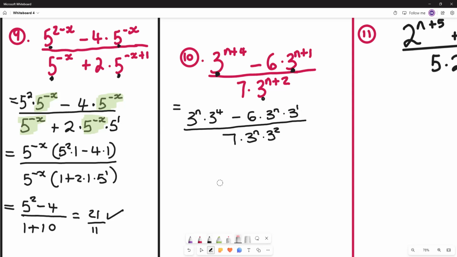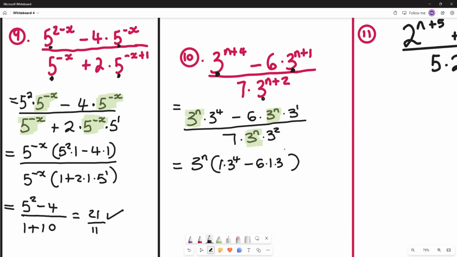All right. And then remember you highlight these guys with letters only. You highlight these guys with letters. And then at the top, because you have two terms, you take them out as a common factor. And then you are basically rewriting everything, but where the highlighter is, you put 1. So it's going to be 1 times 3 to the 4 minus